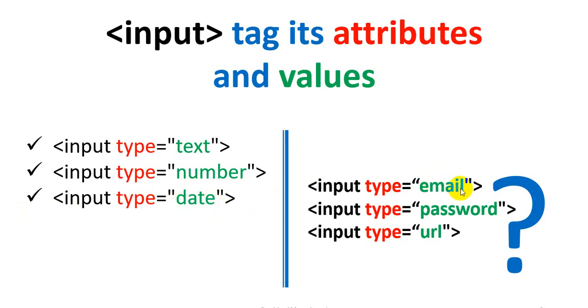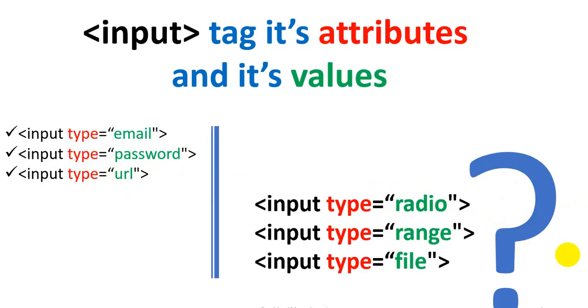After that we saw input type equal to email. If you want to enter an email ID, you can enter it there. Then we saw input type equal to password, meaning hidden or encrypted data. Then we saw URL, that is Uniform Resource Locator, where we can insert any URL address. After that we saw input type equal to radio, which is an option button. With radio buttons we can take any number of options and make a single selection, meaning from A, B, C, D we can choose a single one.